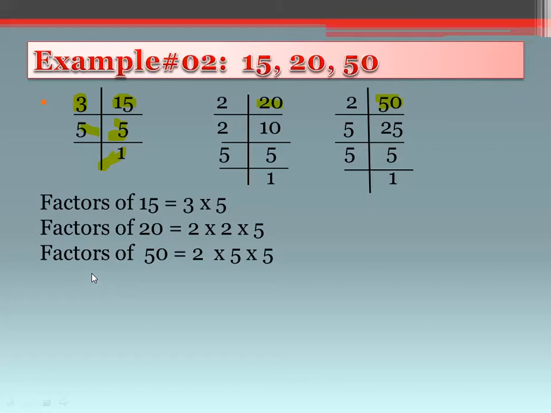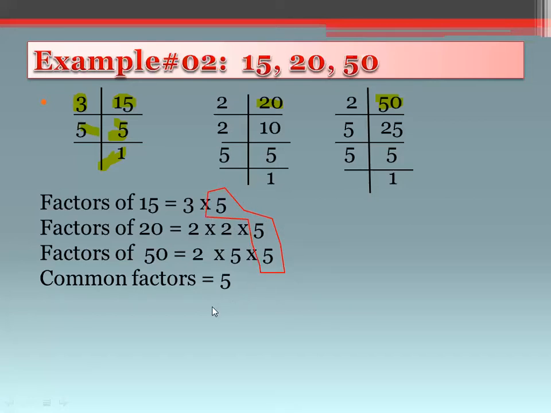In the next step, you have to make loops around the factors that are common between these three numbers. First, you will make the loop around the numbers that are common between these numbers, common factors. So here the common factor in all three is 5 only. Here you have only 5. What you will write here, common factors. In the common factors section, you will write only the number that is common between all the numbers.